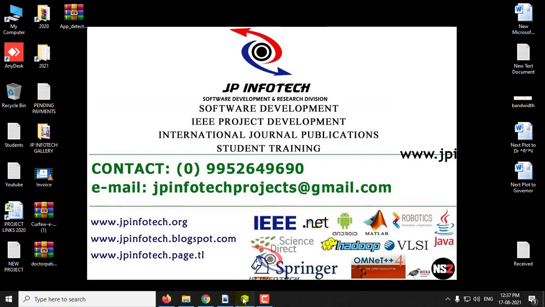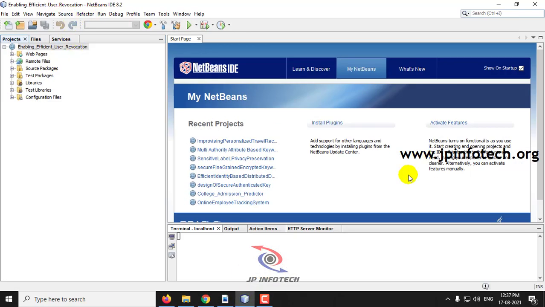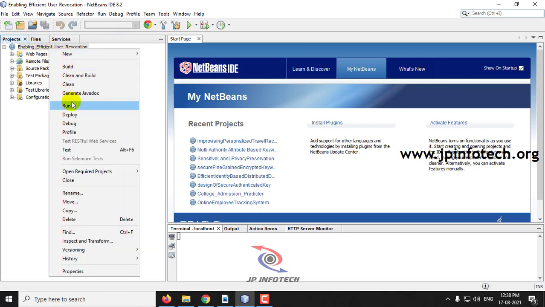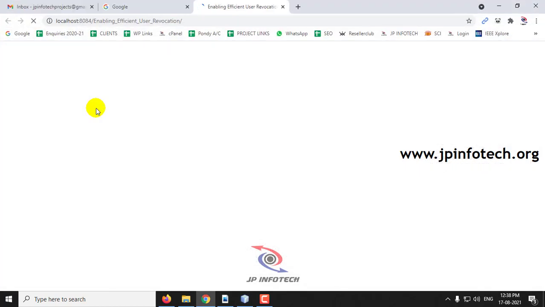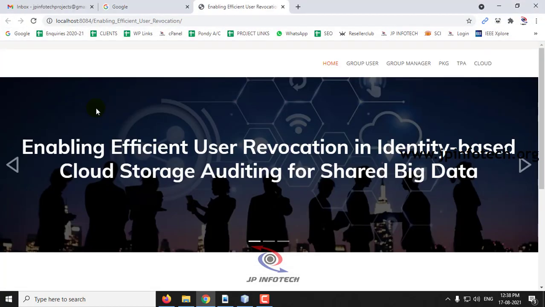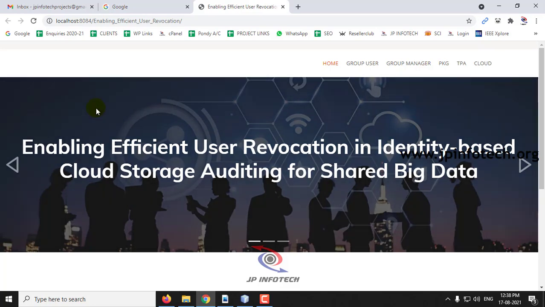Now let us go to the NetBeans IDE. You can see the project is completely loaded now. Just right click it and select the run option, and now it takes some time again. It will be loaded into the browser, and now you can see the home screen or welcome screen of the project with the project title Enabling Efficient